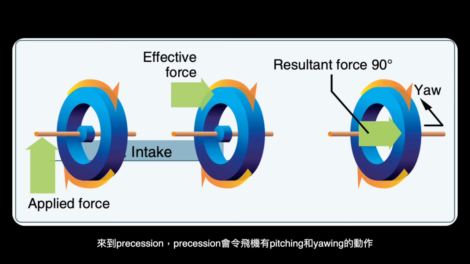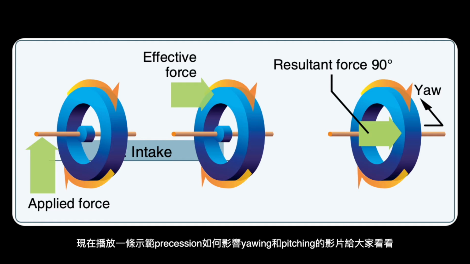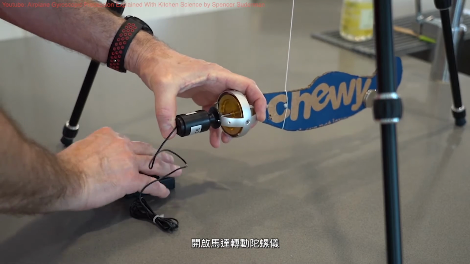嚟到 precession 會令飛機有 pitching 同 yawing 嘅動作。而因為有 precession 嘅關係，yawing 會導致 pitching，pitching 會導致 yawing。依家播放一條示範 precession 係點樣影響 yawing 同 pitching 嘅影片俾大家睇下。